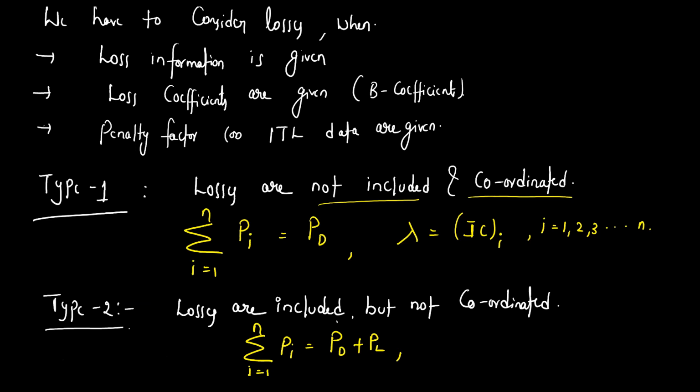However, the condition for optimization will be lambda equal to the incremental cost of the ith unit, where i equals 1, 2, 3, ..., n. You need not worry about the penalty factor term; you only have to equate the incremental costs. But you have to include the losses. That is, the total losses plus total demand must be equal to the sum of all generations. So type 3 situation is that